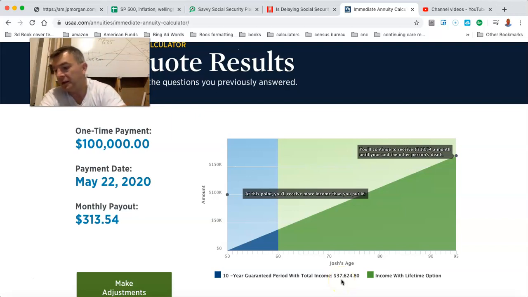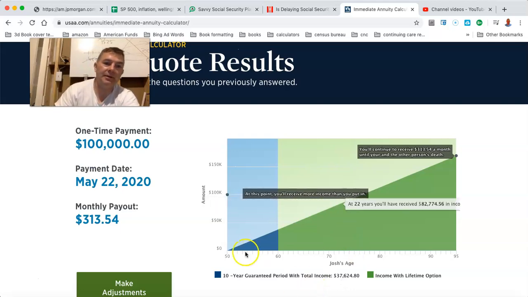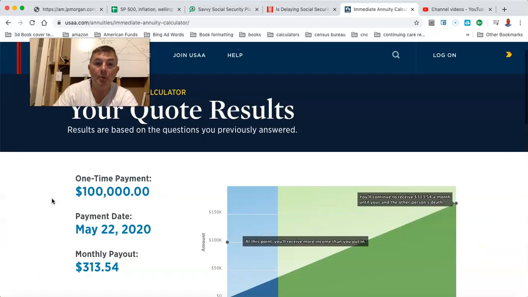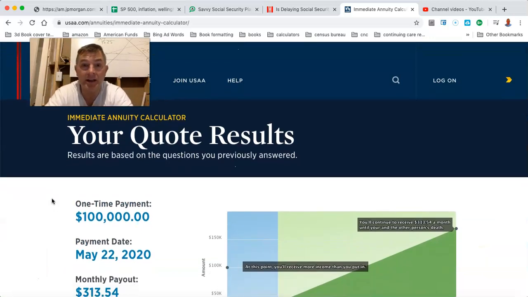So for us to put $100,000 in there and get $3,700 a year, it's going to take us 26 years to break even. And by then I'll be 75 years old, man. I don't see the benefit of that at all. So anyway, hope this helps. I like income annuities, but if you're getting those low distribution yields, it's not worth it. Now, I will say it depends on what your distribution yield is.